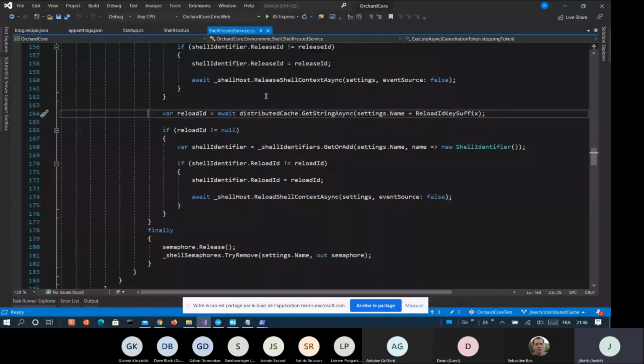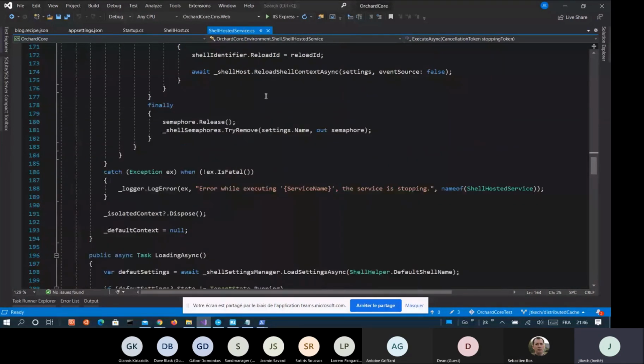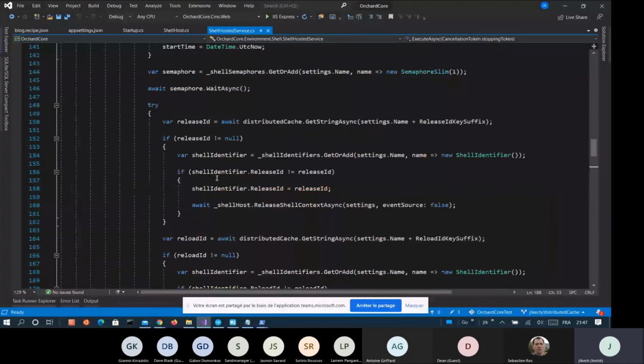Actually, I stopped the service, so you have to restart the application. But what we could do, if we can't connect to Redis, maybe we wait 1 second and retry, and after 10 seconds, so maybe we could have a retry logic. So with the ability to reload the tenant from the admin, it's more reliable, at least it works. And it's just 1 ping per second per host, which should be small.